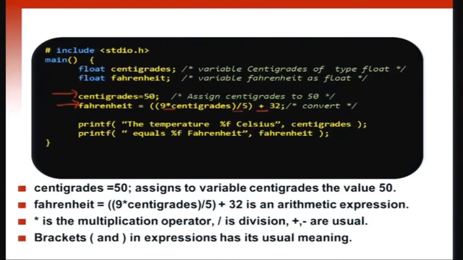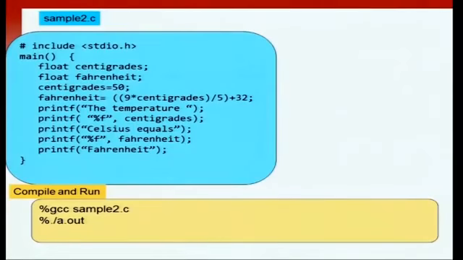Now the brackets in an arithmetic expression are just like brackets in mathematics. So they group together particular things. Now let us just trace through the program. Let's see what happens step by step when we run the program. Let's say that we save the file in sample2.c and then run it as